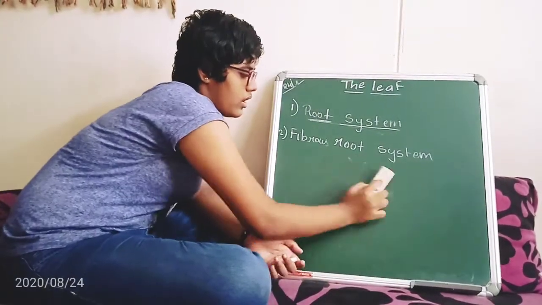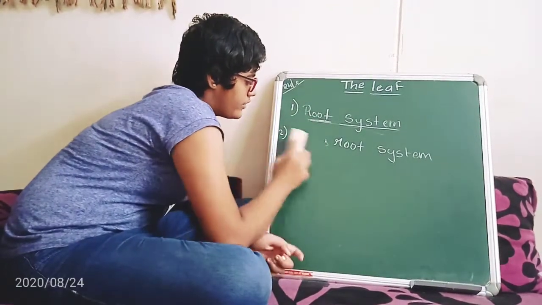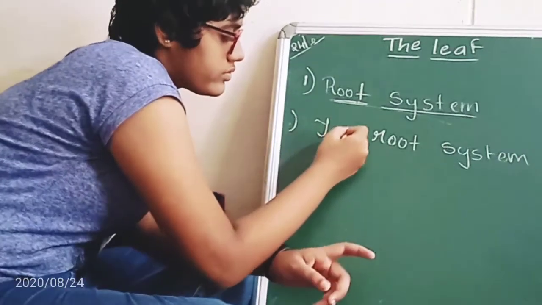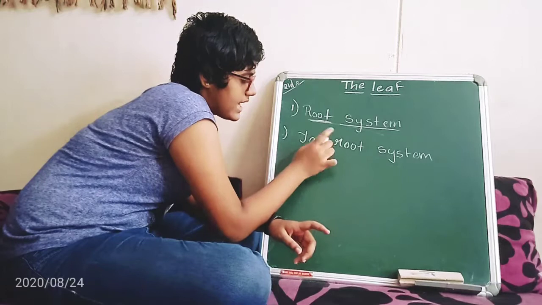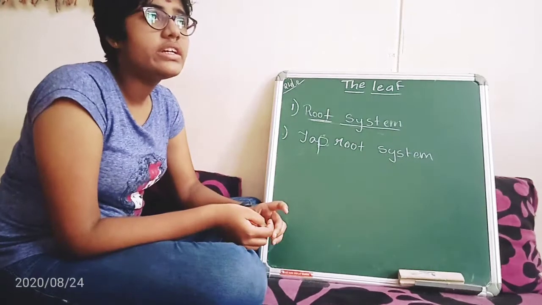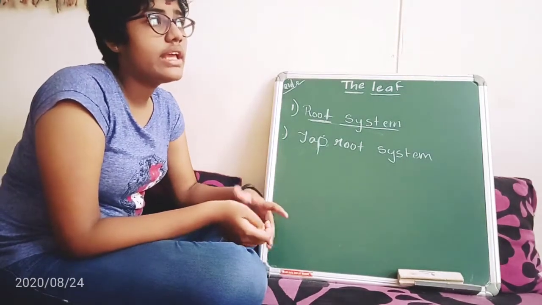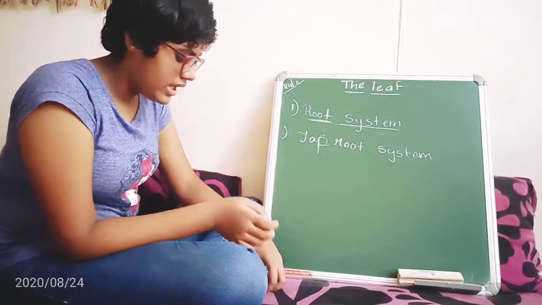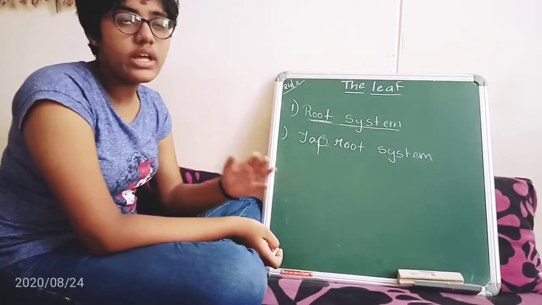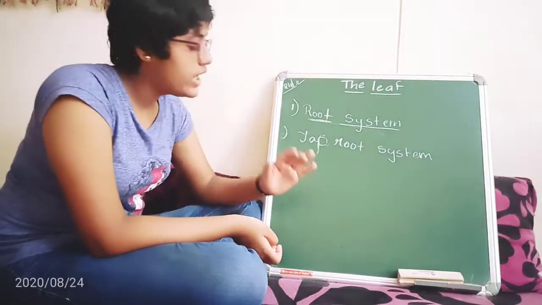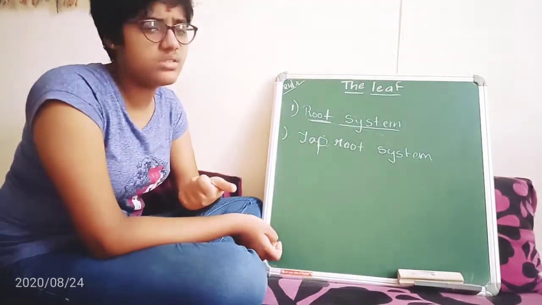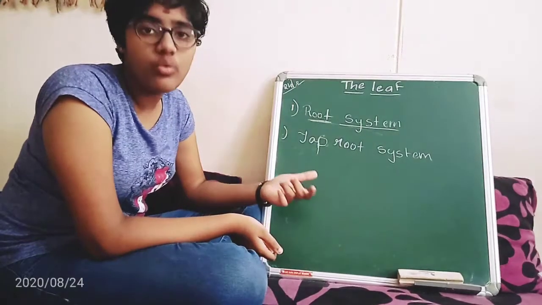Now once again I will go with the taproot and fibrous root. Taproot means in every plant you can see the taproot system. Not only in plants, in trees even. Trees will have the taproot system. Actually trees will have this much thick. See, if you have seen any mango tree, the root will come out of the ground, right? It will come out of the ground and those are very thick roots. Okay. As it needs more water.